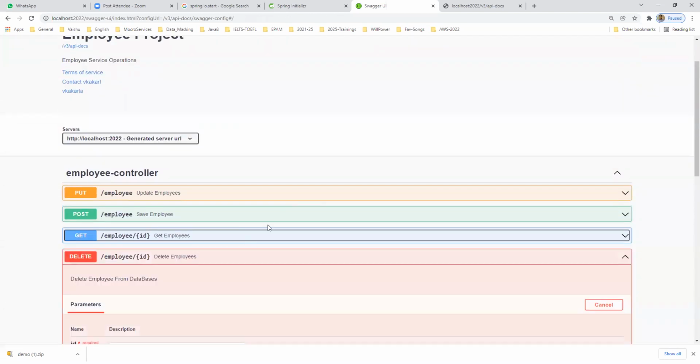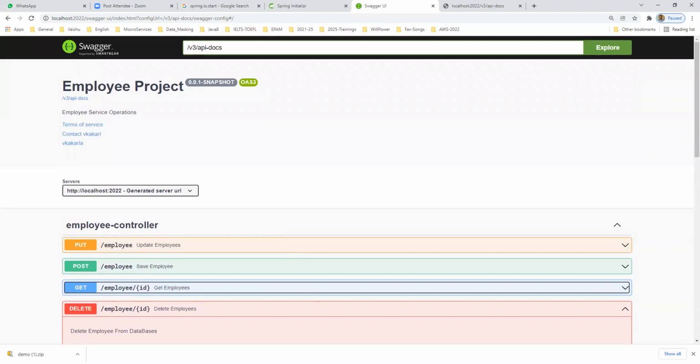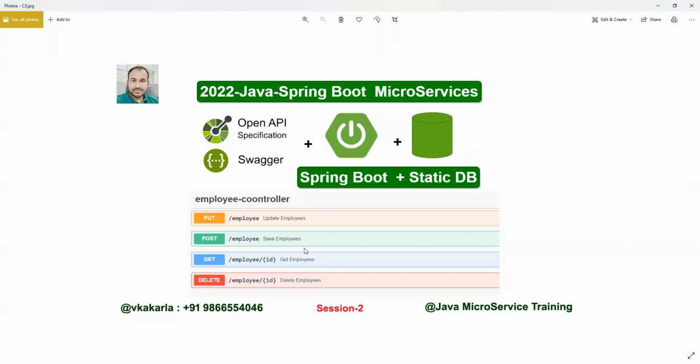So these are the CRUD operations related to a Spring Boot application. This is the Spring Boot configuration. This is the OpenAPI configuration, right? Using static DB. I think you people are understanding correctly. We discussed Spring Boot configuration, OpenAPI specifications, all APIs and API documentation. We discussed the main concept of Spring dependency injection or inversion of control, right? We covered all initial steps for a Spring Boot application.